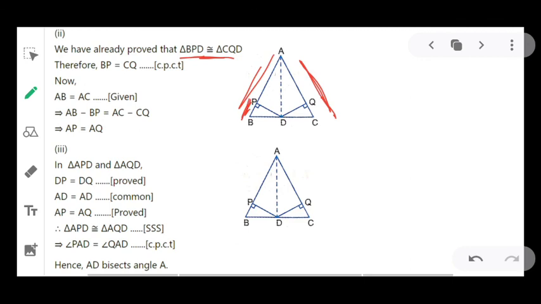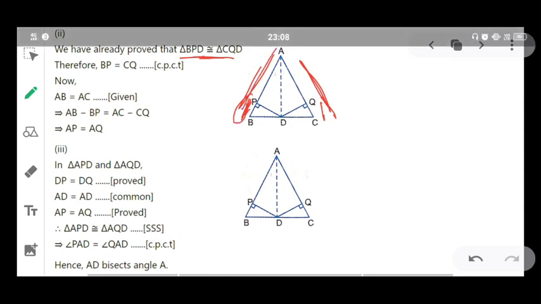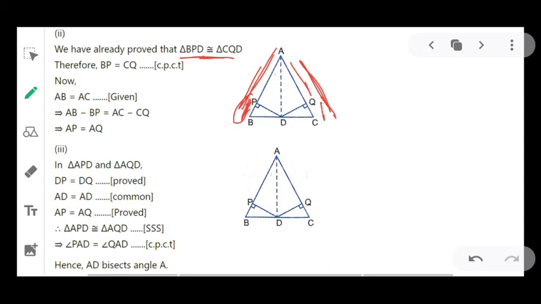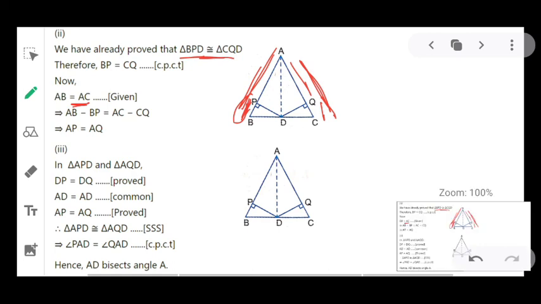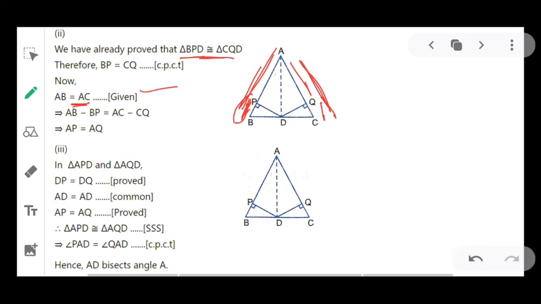Now if BP equals CQ, then if we subtract BP from AB, that gives AP. So AB equals AC, that is given. If you subtract BP from AB, AB minus BP, this will be AP. So AB minus BP equals AC minus CQ. If you subtract CQ from AC, this will be AQ. So AP equals AQ. Then the third bit is